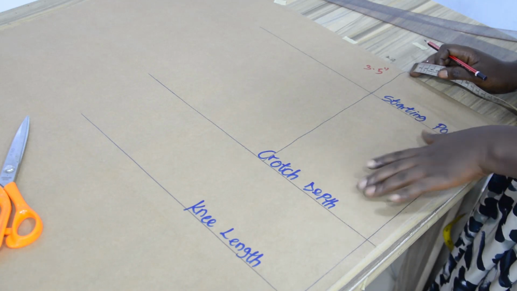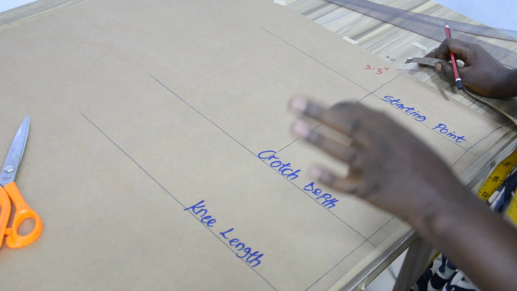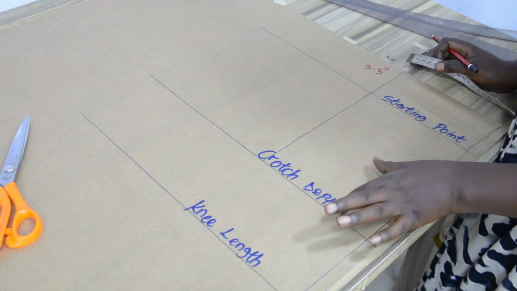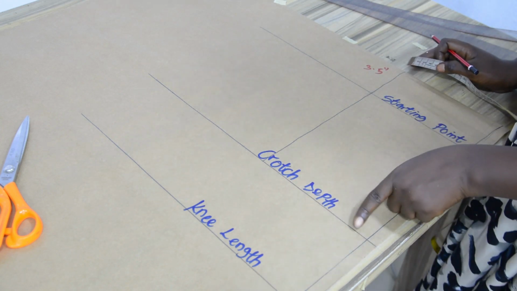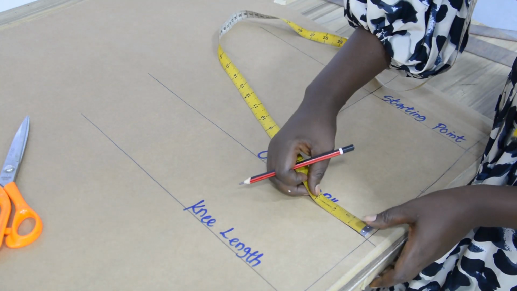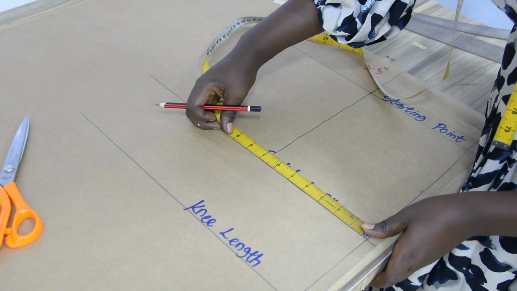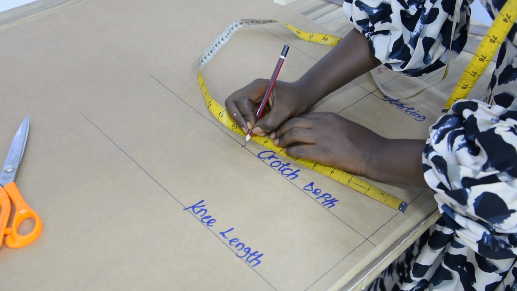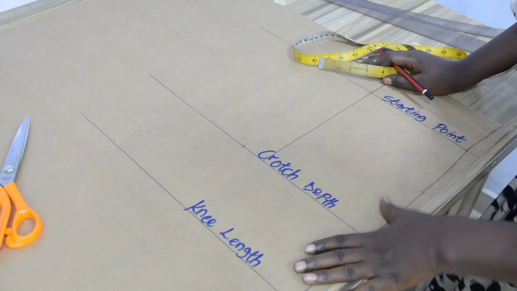Now the next step is to insert the thigh circumference measurement. The thigh circumference measurement has to be divided by 2. So whatever you measure as the thigh circumference measurement must be divided by 2, and it has to be inserted on the crotch depth line. So I will divide my thigh circumference measurement by 2, and I will insert the value on the crotch depth line,